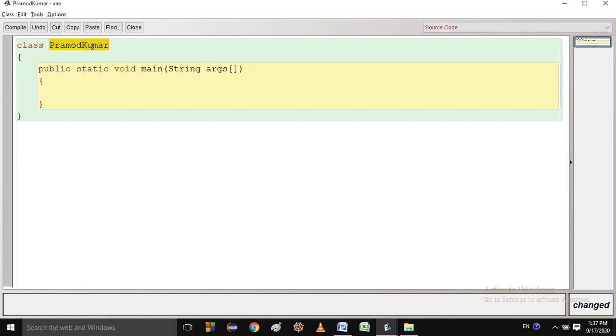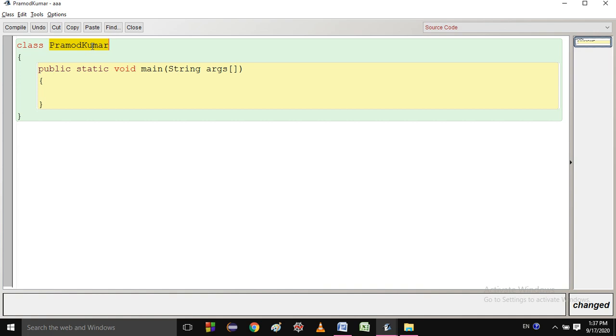So when I need to access these hairs, these ears, these legs, how can I access them? I can access it by the dot operator. Listen very carefully. I can access it by the dot operator. So the dot operator is used for accessing the member variables. The member variables and the methods that are part of that object will be accessed by the dot operator.